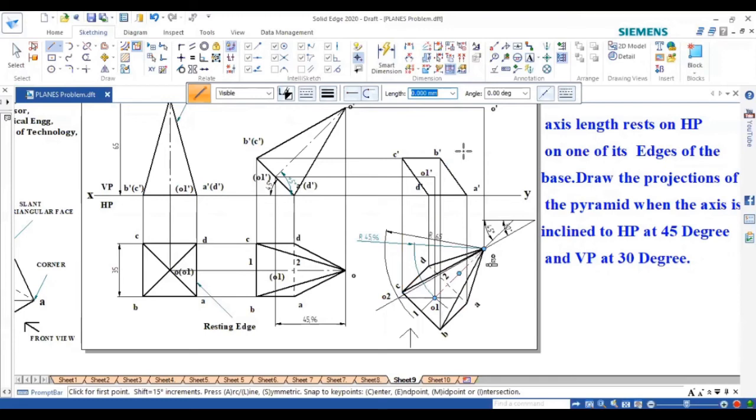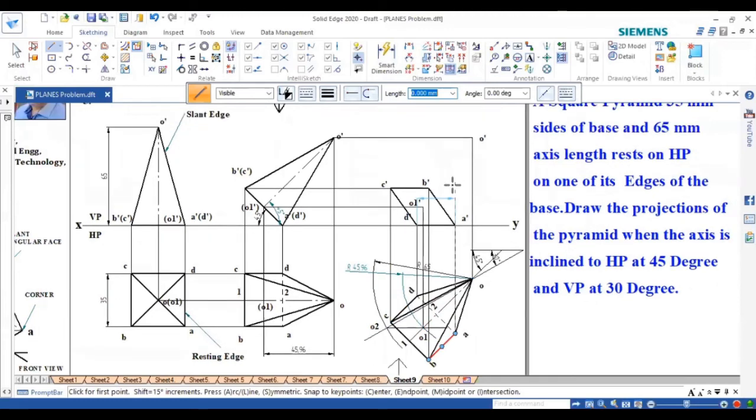In the base portion, the top edges which are near to the apex are first visible. So I can join O dash B dash first, then O dash C dash. Next check for A dash, it is also outside. So O dash A dash.